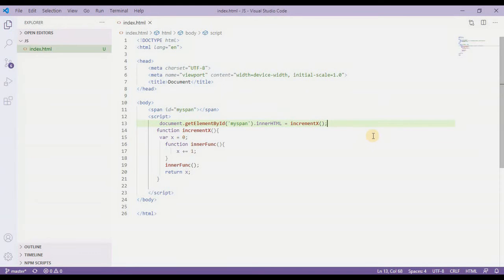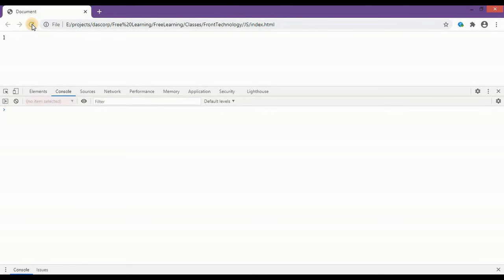Alright, now let's go back to our browser and check how this is behaving. So refresh, and there you can see it has incremented 1 from 0 to 1.